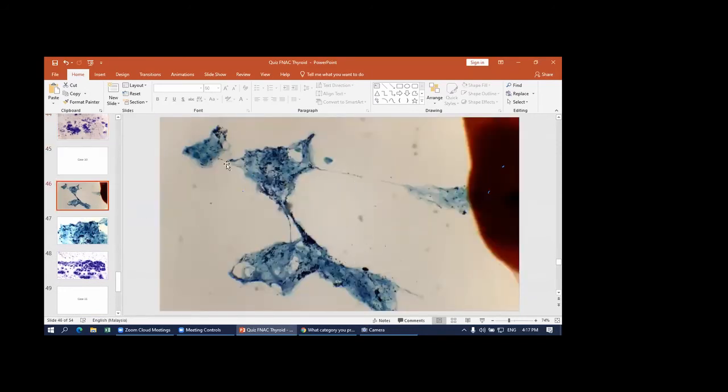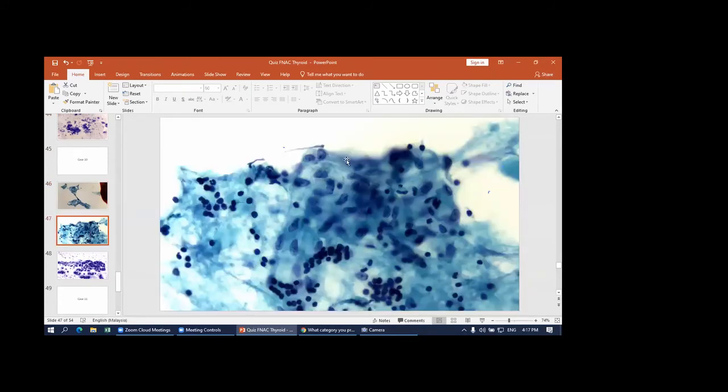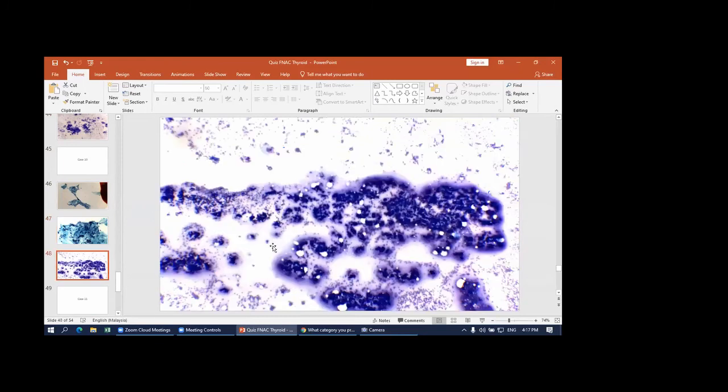So this is actually the fragments. You can see basically this is all benign looking follicular cells, microfollicles, and this is the area of focus that I want to show you. But can I just take your attention? Can somebody guess what this is? Granuloma? Not that, this one. Yes, this is colloid. This is not colloid. This is